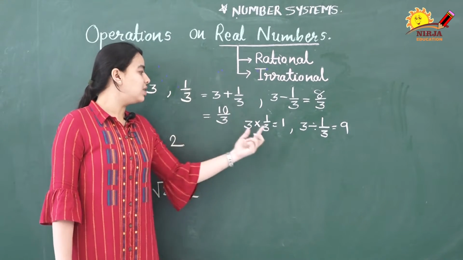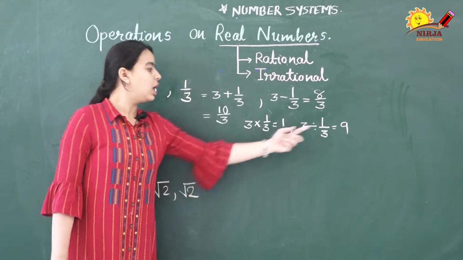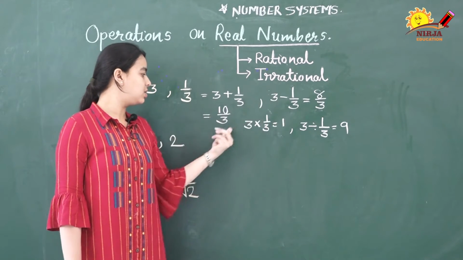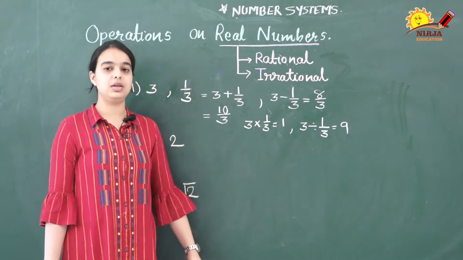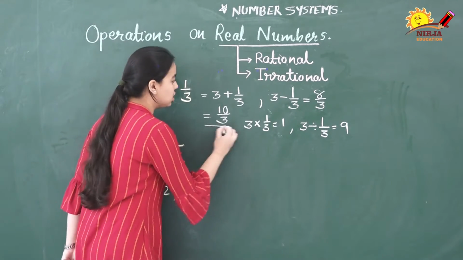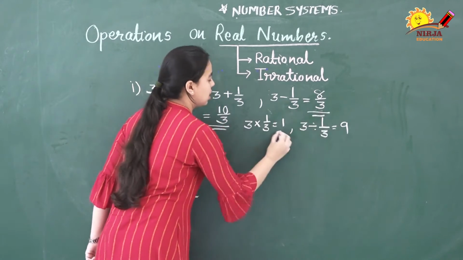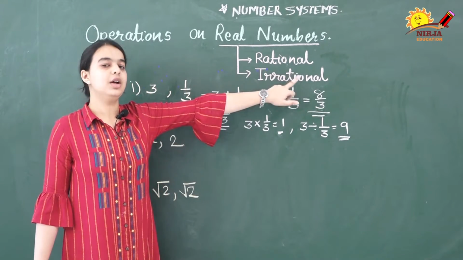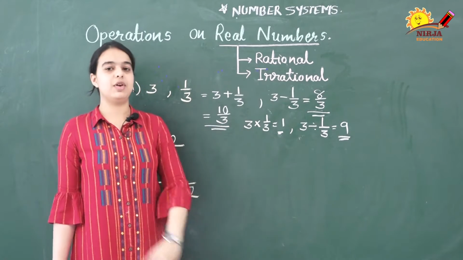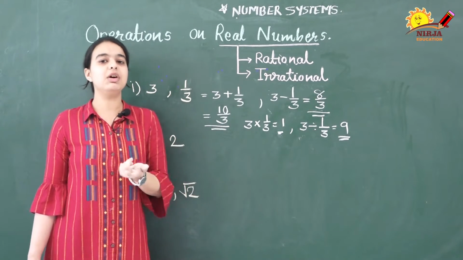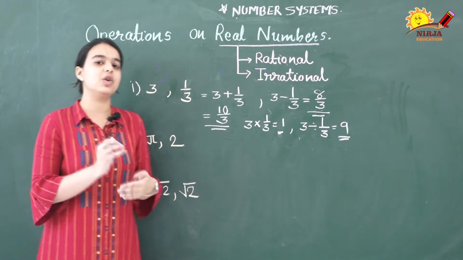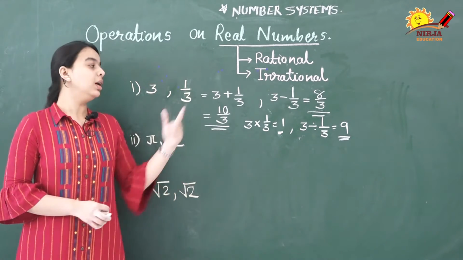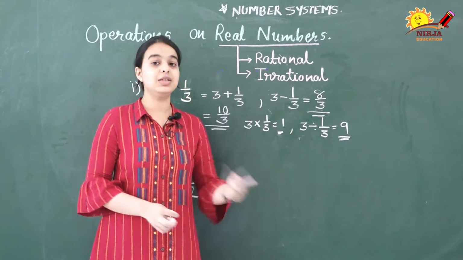So notice the results which you have got after performing plus, minus, multiplication and division. If you have noticed, all the answers are which kind of number? Rational numbers. So here we can conclude our first statement. Whenever we perform various operations of a rational number with a rational number, then the result will always be a rational